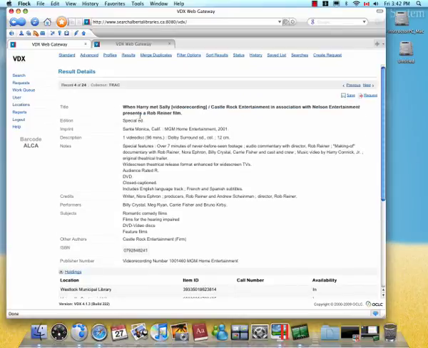I like this record because the title is clear. It has this video recording bit here. It says what edition. It says it's a video disc here, and it has an ISBN number. I like to look at records that have as much information as possible, and these make it easier on the lender too because they know more specifically what you're looking for. In order to request this, click on the Request button here,